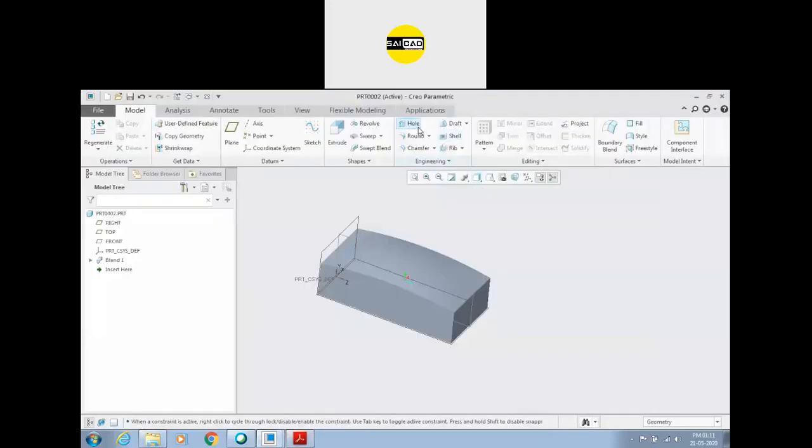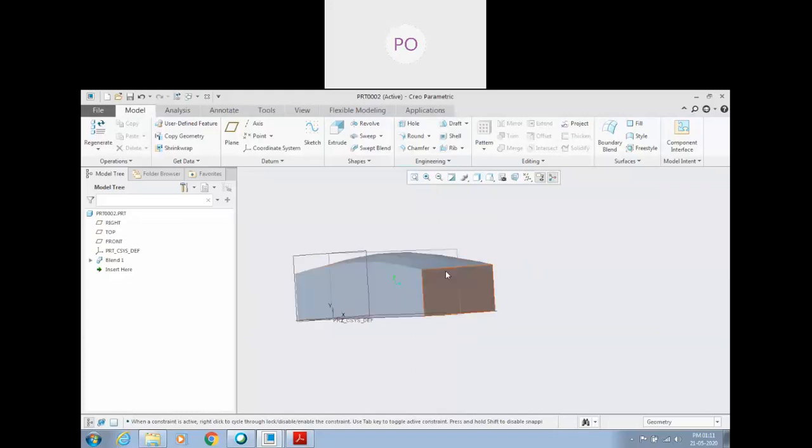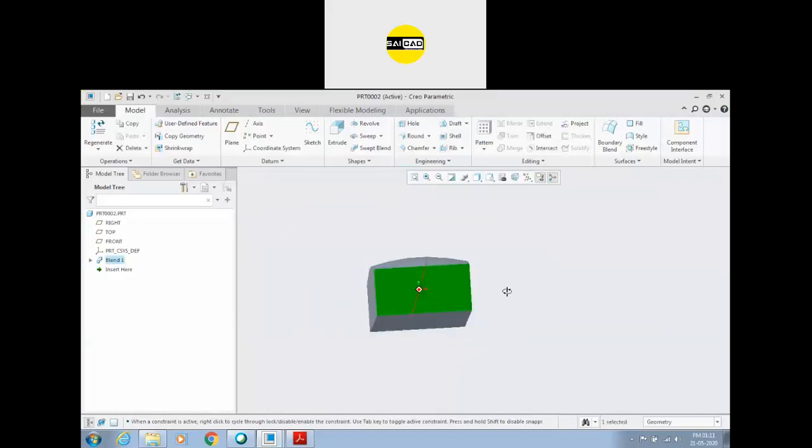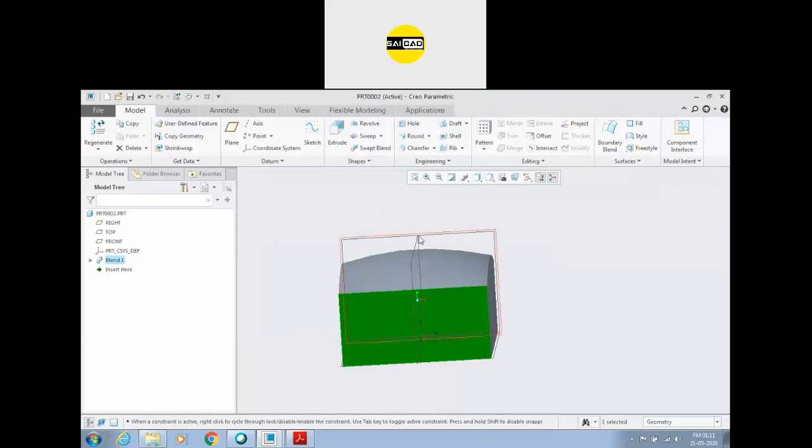Excuse me, sir. Yes. Sir, we can do this by another method also. Which one? Like the middle, sir, in this figure only, the middle figure if we draw, and then by selecting the top plane, we draw only just the arc. And then we can split. Okay, we can do that, but we don't have the option. Look, this is a flat surface from here, and in the mid it's a curved surface.